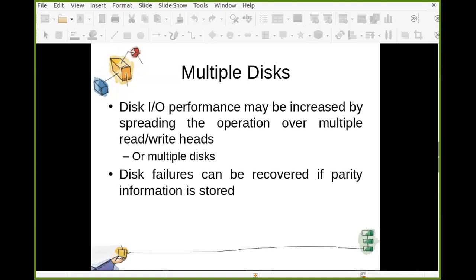Not only will performance be increased, but failure can be handled. If one disk fails or crashes, your data is still stored on another disk. This is the simplest case of redundancy. But when we see different levels of RAID systems, there are other complexities that we are going to see, in how this duplication, redundancy and fault tolerance works.